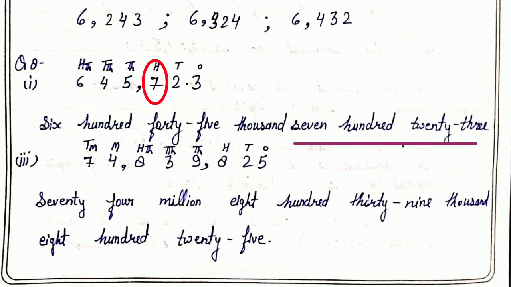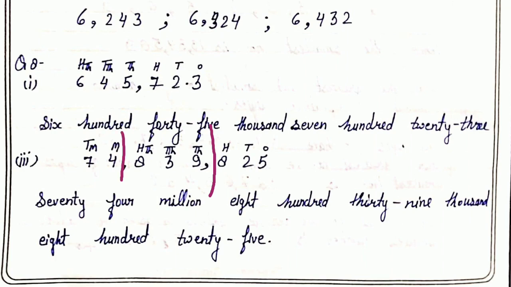Usually students make a simple mistake, they use thousand many times, because see here in the thousand family 3 digits are there, so they write 600,000, 40,000, 5,000. So like this they usually make this mistake, but keep it in your mind that thousand will come only one time, when the thousand family will finish. Million will come only one time when the million family will finish.